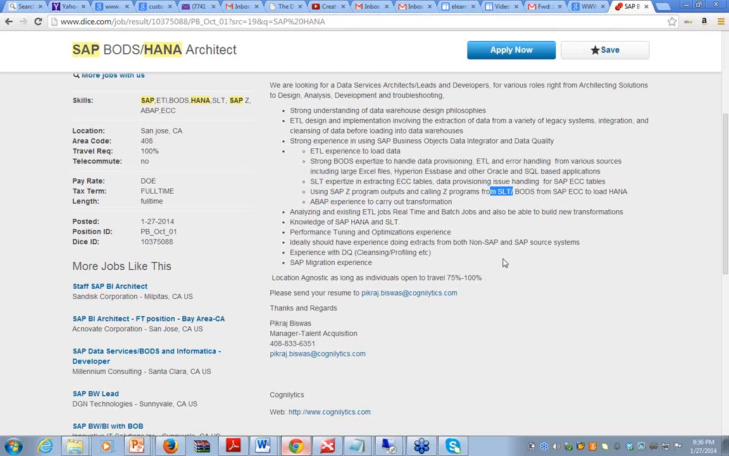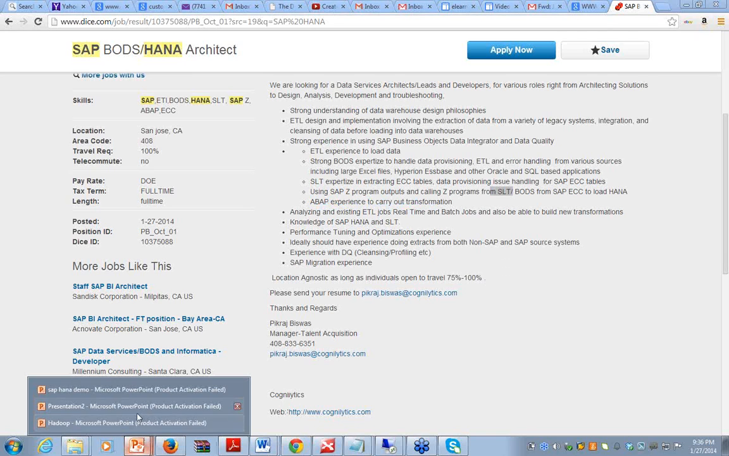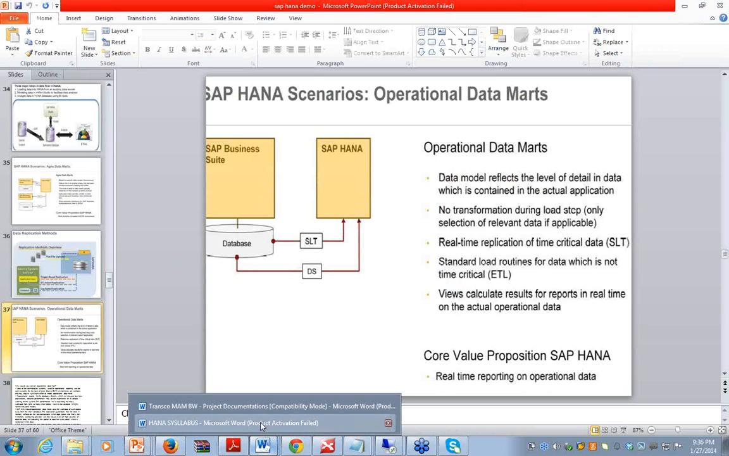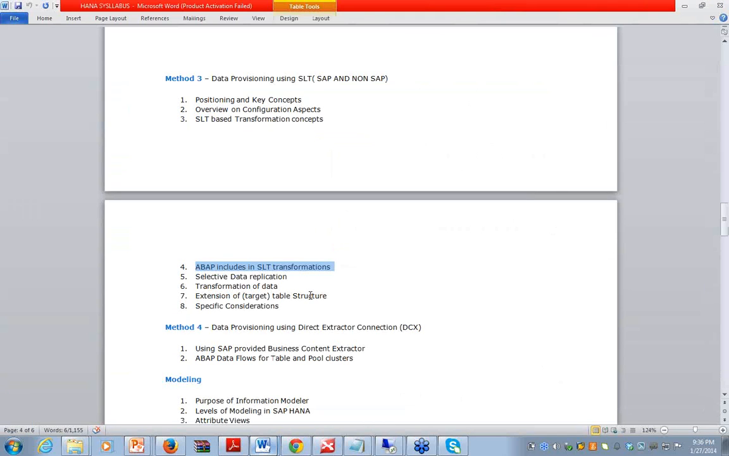No one will teach how to write the transformations in SLT in training, in most of the training facilities. So not only how to write the routines and the ABAP includes, I will show you how to filter the data before replicating the data to SAP HANA using SLT as per the ETL requirements,